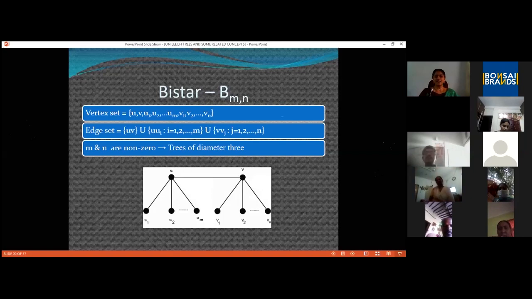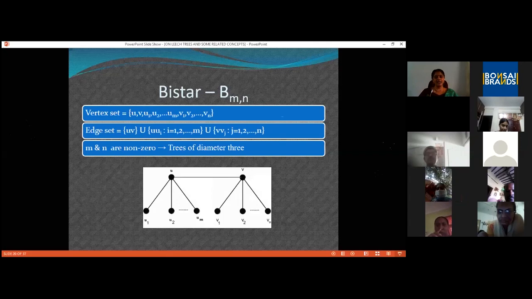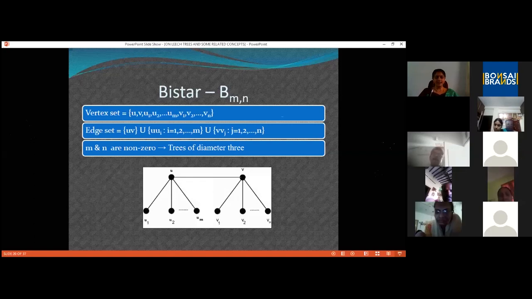Try doing some least labeling. In the case of path, first what we did, we checked to which edge the value 1 can be assigned and found that it can be assigned only to a pendant edge. In the case of stars, due to symmetry, we could start with assigning 1 to any edge we want. The same thing we are doing here. We are sure that there are edges which are labeled 1 and labeled 2. So let us start by assigning the label 1 to some edge.